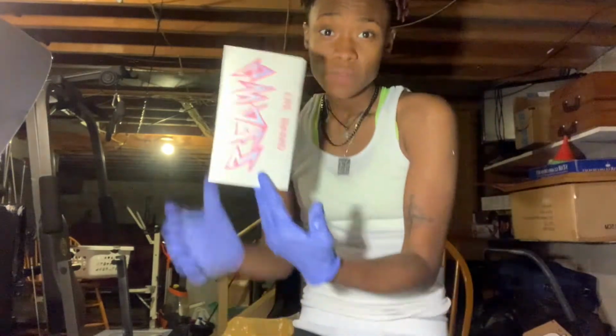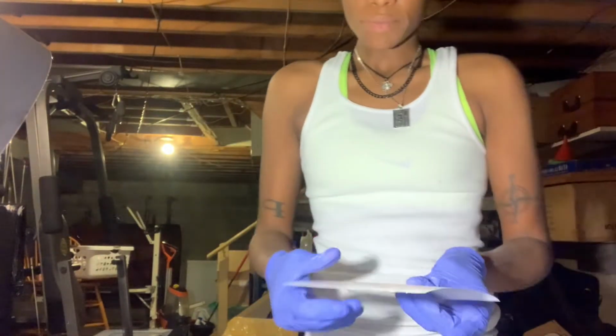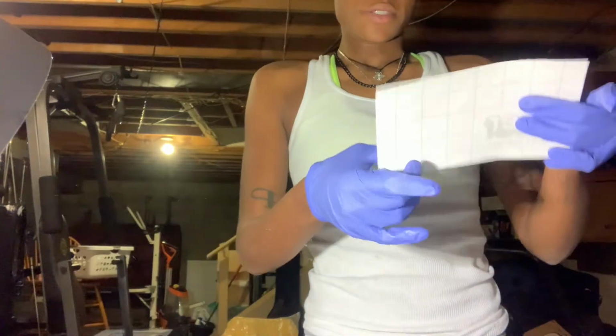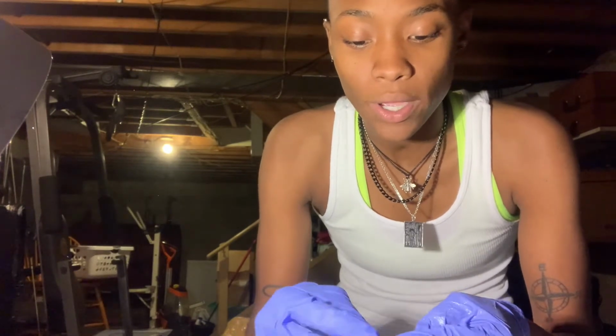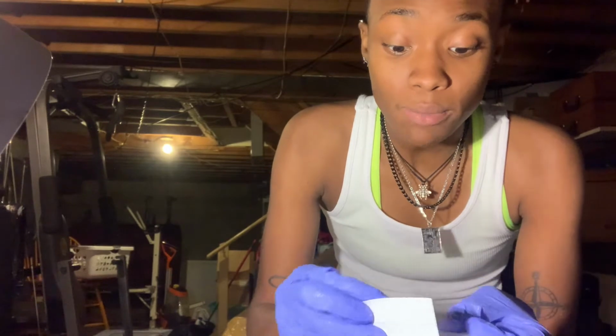So when you're using vinyl works, it's important that you make sure that all the little pieces are sticking to the transfer paper. The transfer paper is this right here. I'm teaching you guys how to do resin. I'm really not a vinyl working person, so